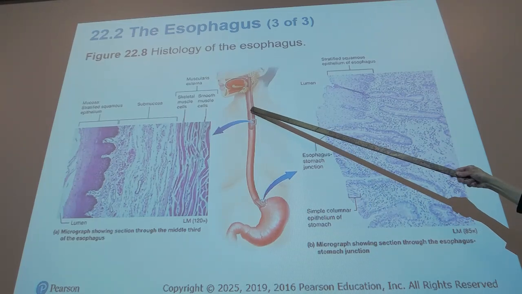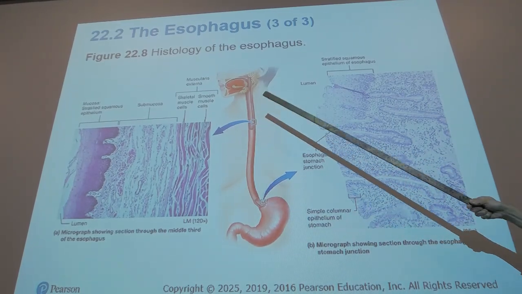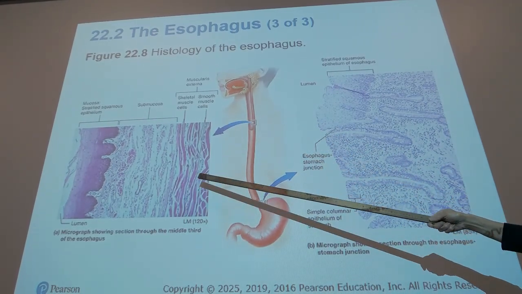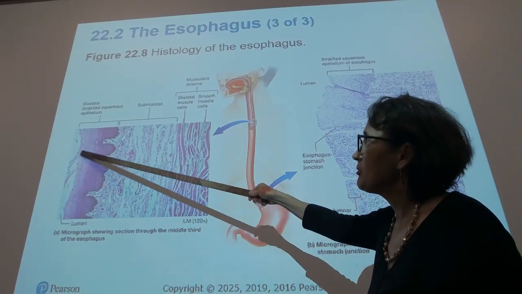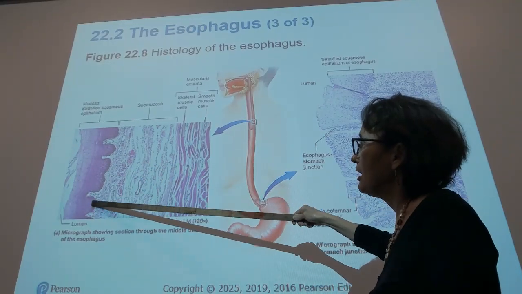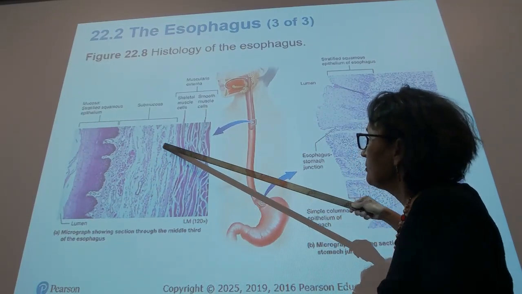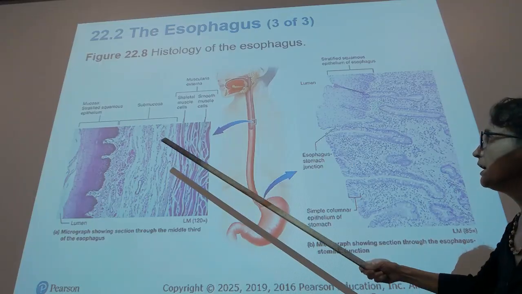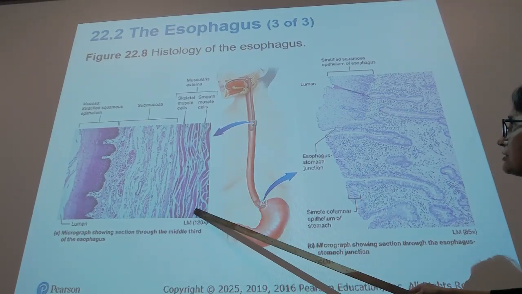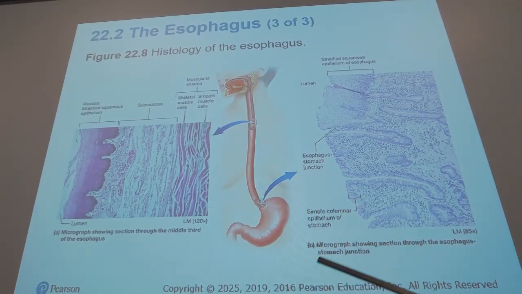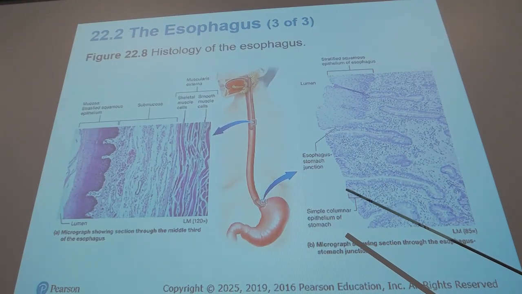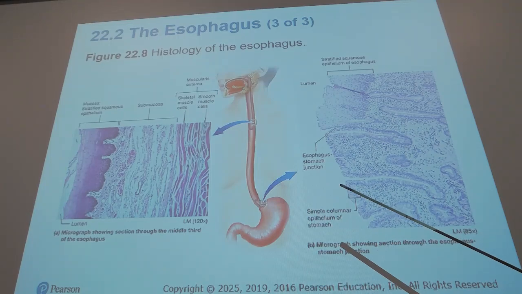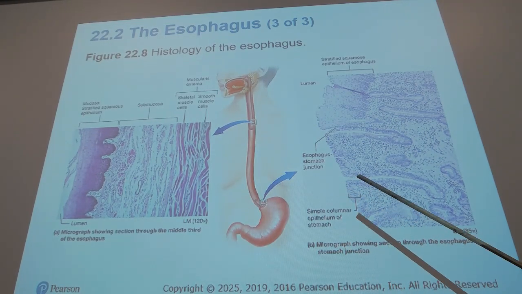So we have a sphincter in here and another sphincter in here. If you magnify the wall of the esophagus, you can see the lumen, or the space here, stratified squamous epithelium without keratin, mucosa and submucosa here, and then skeletal muscle cells and smooth muscle cells in the muscularis externa, and then it has an adventitia. Adventitia is the outer layer of these organs of the alimentary canal when they are outside of the peritoneal cavity. Serosa will be inside the